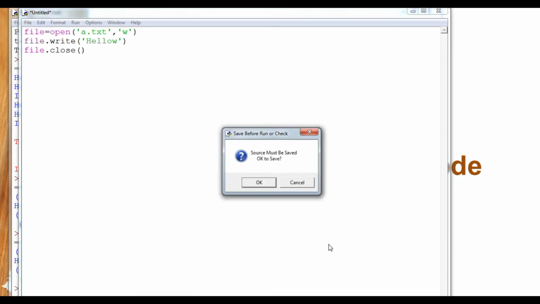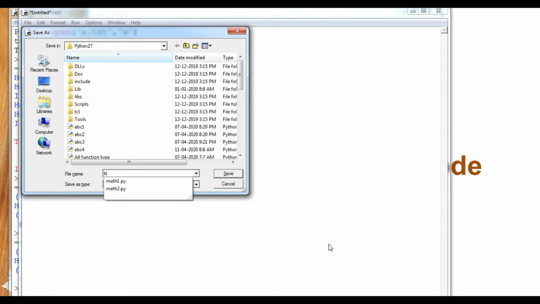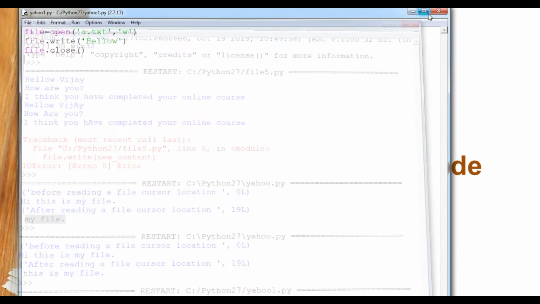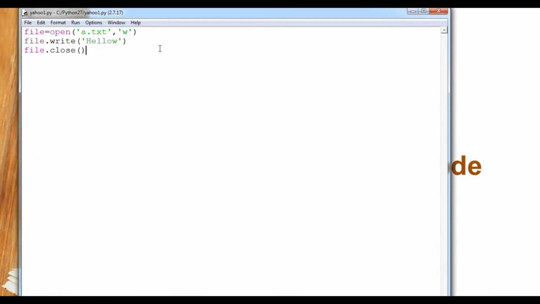We are going to run this file, and the file will be Yahoo1. So the file has been created. I have not printed it. After that we are going to read it.